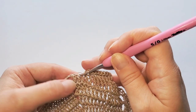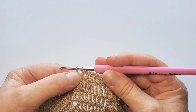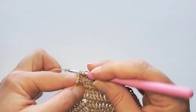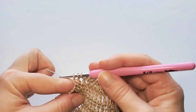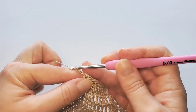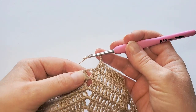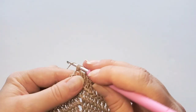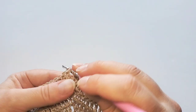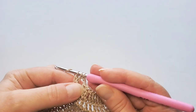So yarn over, insert hook in that first one, yarn over, pull through 2 loops, keep last 2 loops on hook, again yarn over, pull through next stitch, pull through first 2 loops, now 3 loops on hook, pull through all of them, 2 double crochets together, then chain 2, and in this chain space here we're also going to do 2 double crochets together. So do the same, start the first one, pull through first 2 loops, keep last 2 loops on hook, and also the second one, pull through first 2 loops, now have 3 loops on hook and pull through all of them,